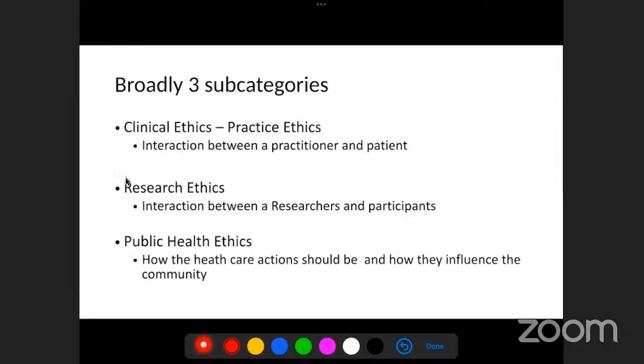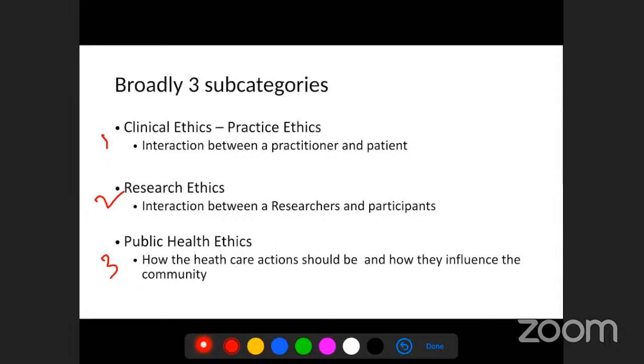Now, when you talk about ethics, there are three broad areas of ethics. One is called practice ethics or clinical ethics, which basically deals with the interactions between participants, patients, and the clinicians, the practitioner. The second one is research ethics, which is between the researcher and the corresponding research participants. And the third one is public health ethics, which is between the public health administrator and the community, in which the public health administrator takes certain action on the community,